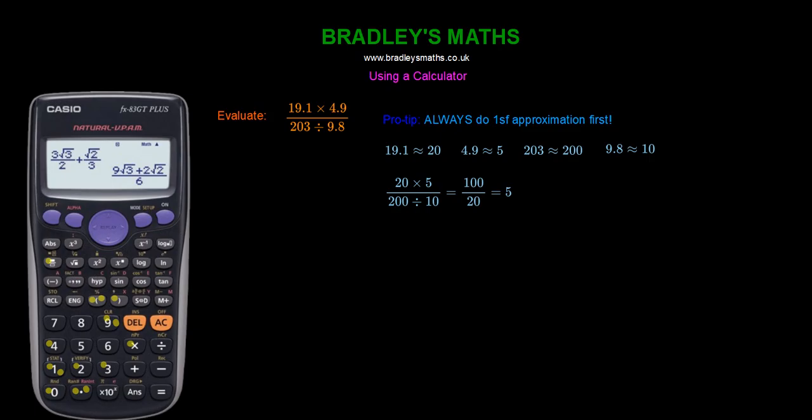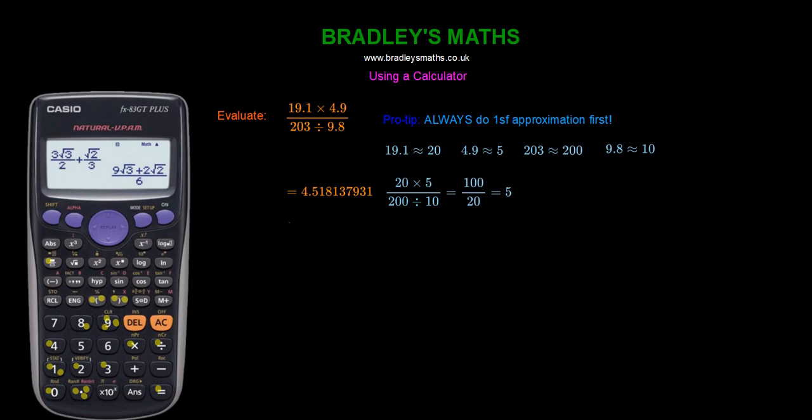divided by 9.8, close brackets, equals. And you should get as your answer 4.518137931, and this